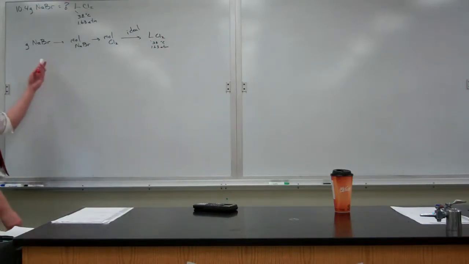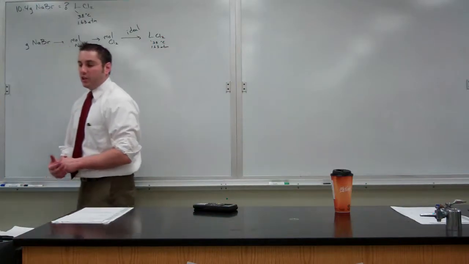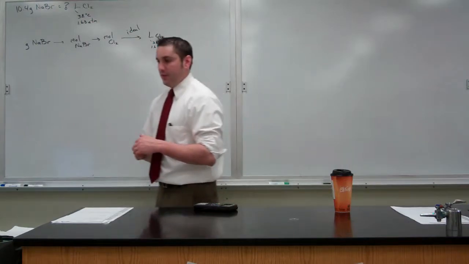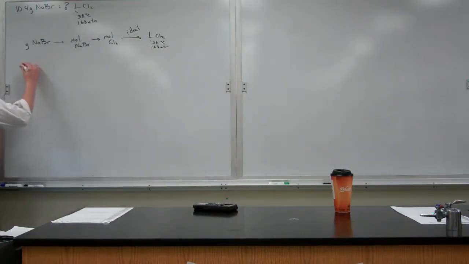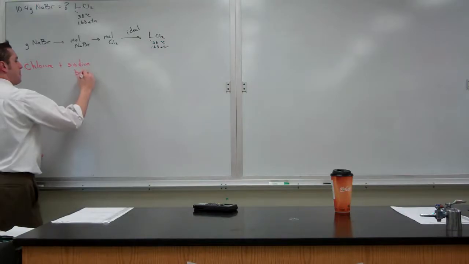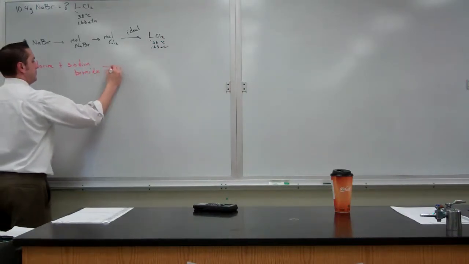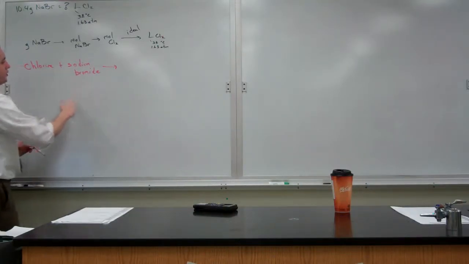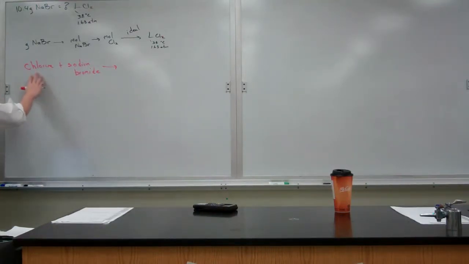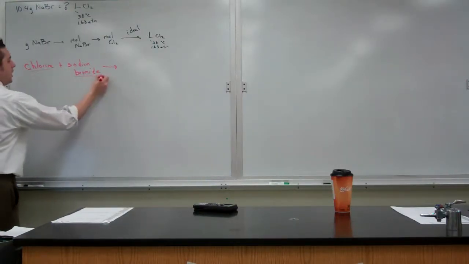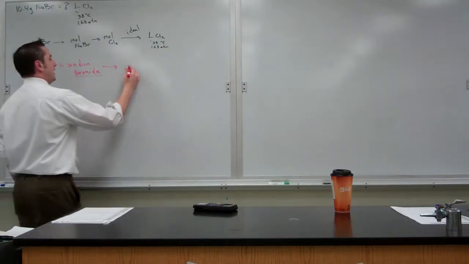Because I'm changing identities, I need to figure out my reaction. If I take a look, it says chlorine and sodium bromide. Neither of those say will be produced, so I have both of those as reactants. It's an element plus a compound. That means a single replacement. Chlorine is a negative, sodium is a positive, bromine is a negative. So chlorine and bromine will trade places,